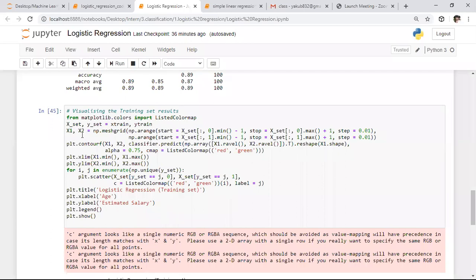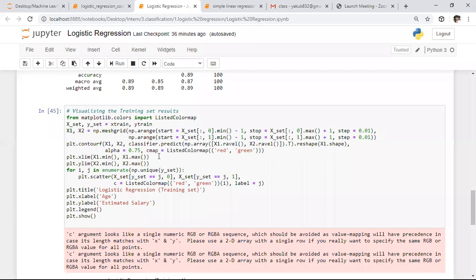After that, between this 0 and 1, I want to keep one classification boundary. To draw this classification boundary, I'm using the contour function. In this contour function, I am specifying x1 comma x2, and I want to predict the outcome for each and every sample. So x1 comma x2 are the original values, and these are the predicted values. We are converting the x1 values into a single row, and I am doing the same thing for x2 also.